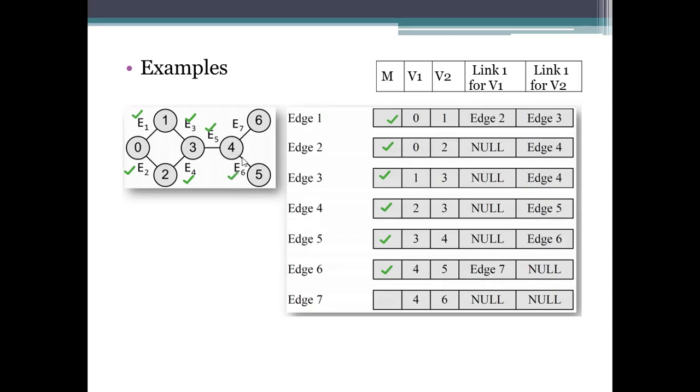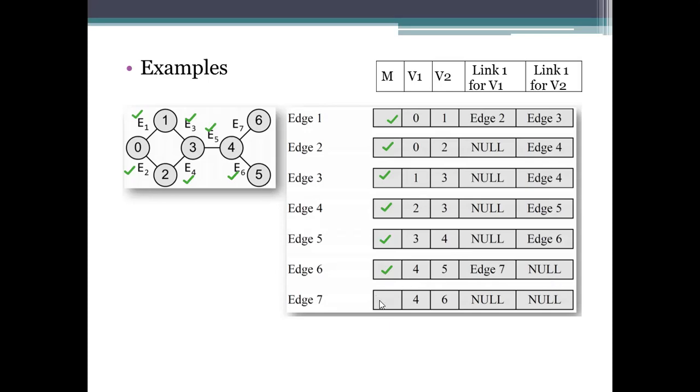It lies between 4 and 5. What is the other edge of 4? That is 7. Since it is an unmarked one, we can specify it as a link of the vertex, and then the other one here, there is no other outlink further from the 5, just null.